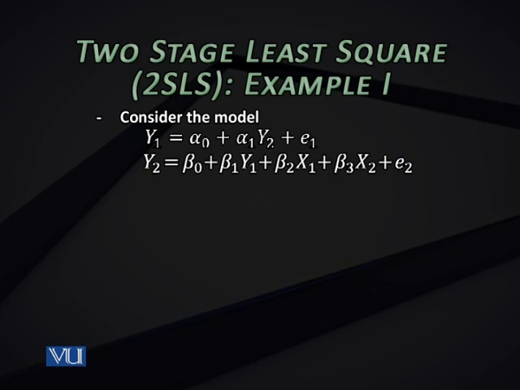Since P1 is greater than P2, तो हमने ये क्राइटेरियन पढ़ा था ऑर्डर कंडीशन में, if P1 is greater than P2, the equation is over identified. So ऑर्डर कंडीशन की इस एप्लीकेशन से हमें पता चला कि इस मॉडल में पहली इक्वेशन ओवर आइडेंटिफाइड है. इस पे ना हम OLS लगा सकते हैं, ना लास्ट टाइम आपने एक टेक्निक सीखी थी ILS, वो लगा सकते हैं. हमारे पास और भी चॉइसेस हैं, मगर एक चॉइस 2 स्टेज लीस्ट स्क्वायर है जो हम अप्लाई करेंगे.